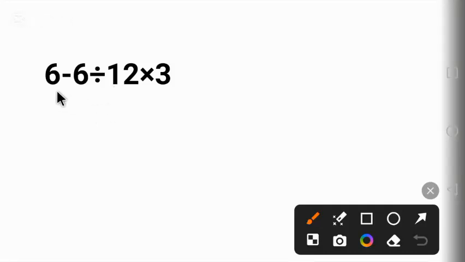Today we are solving 6 minus 6 divided by 12 times 3. At a glance, you will be tempted to go left to right. That is, 6 minus 6 will give us 0, divided by 12 will also give us 0, times 3 will